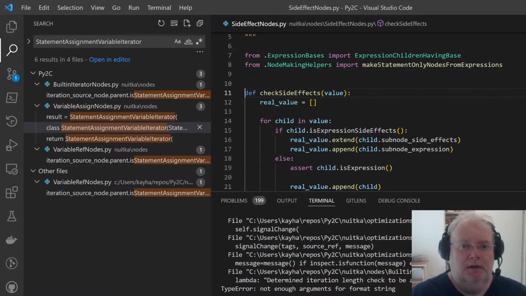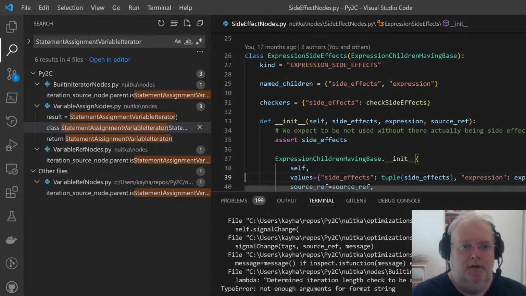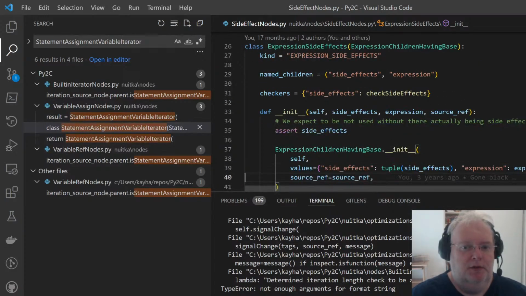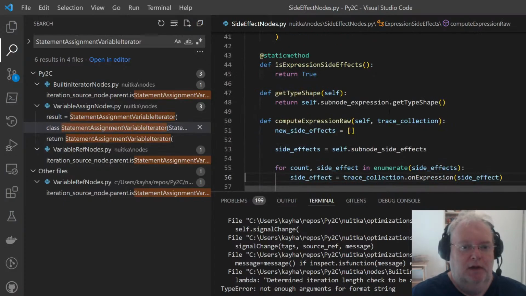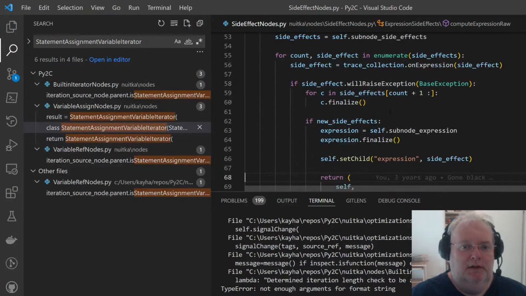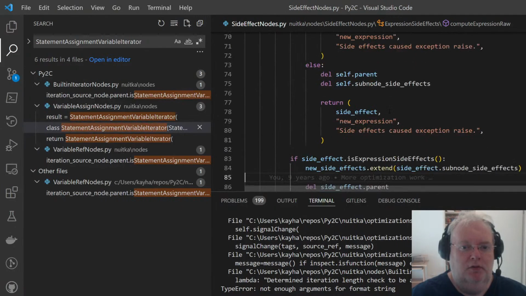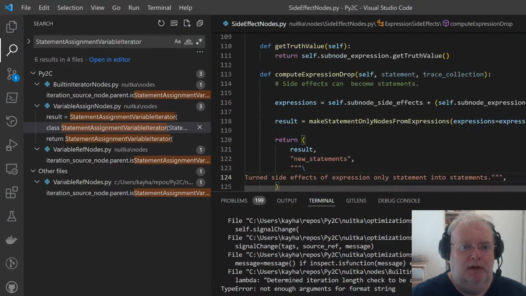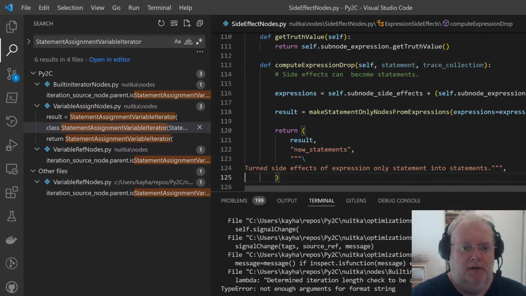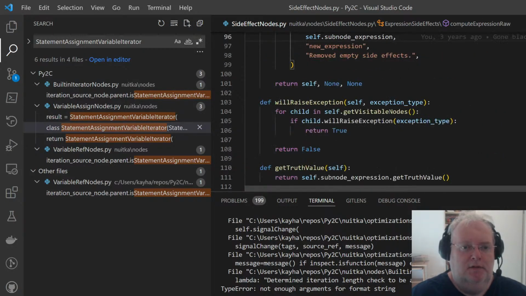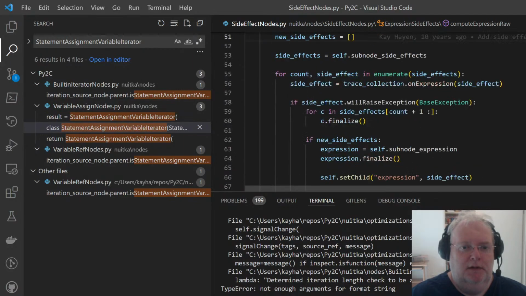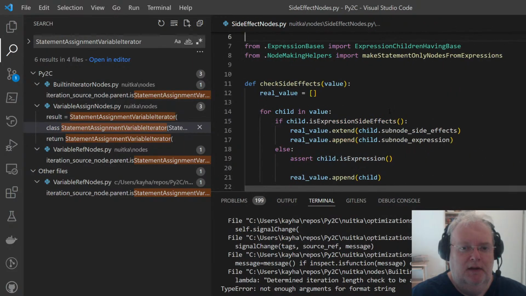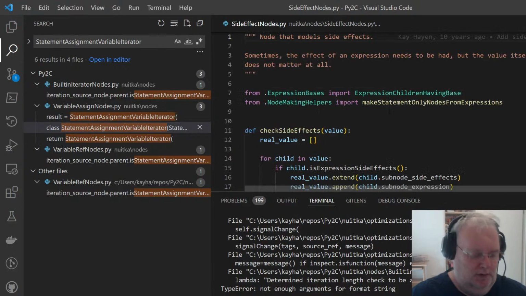But make statement only nodes. I think side effects are again expressions. And yeah, there's no good way to have a statement as a side effect. That's basically it, and it's not a clean way to do it.